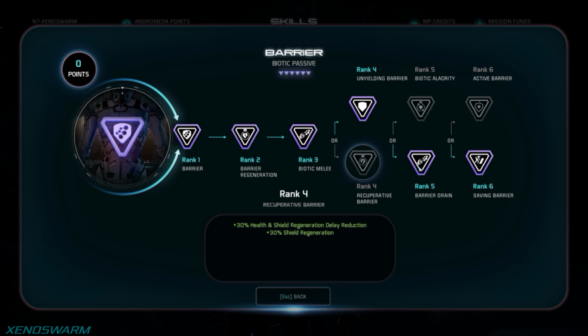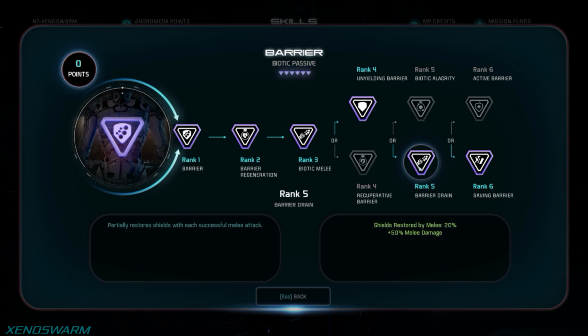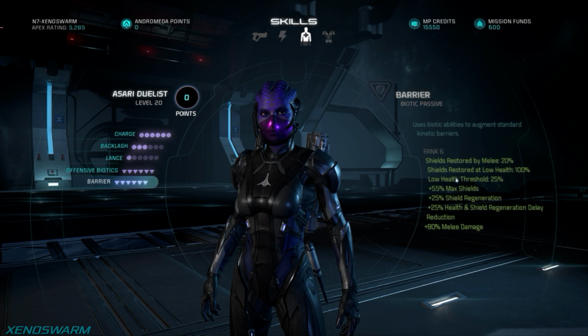We are taking Barrier Drain because we are going to be constantly meleeing, and every time we melee, we will be recharging our shields, as well as the obvious 50% increase to melee damage. So this rank 6 I would also prioritize later, but from here I would now go back and grab the